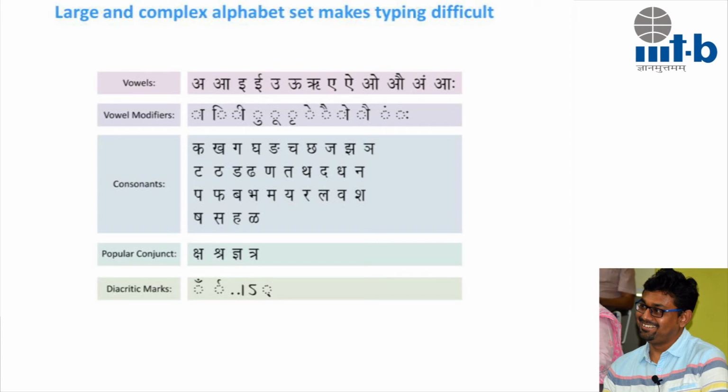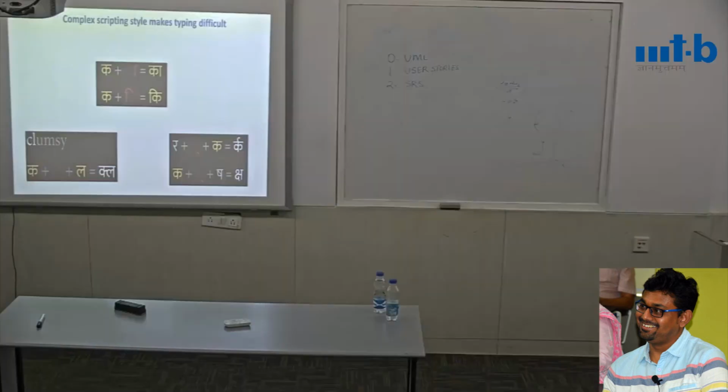Very difficult to type. First of all, very difficult to write for many people, even if they are literate. Second thing is the way it's composed: it's an alpha-syllabary, an abugida style of writing or typing. Which means you select a consonant, you add a matra or a vowel modifier to it, and that becomes a syllable. It's not like in English, where you can spell out a word directly. So there is a lot going on in your mind when you are doing this.